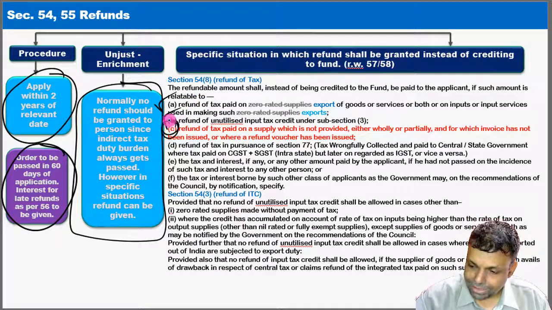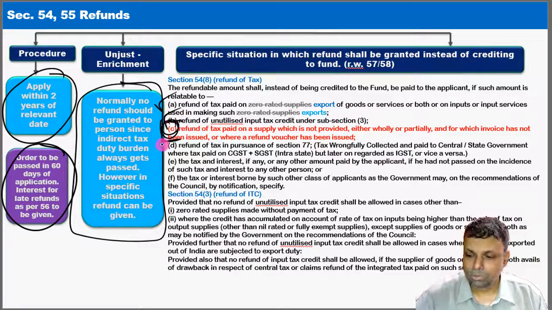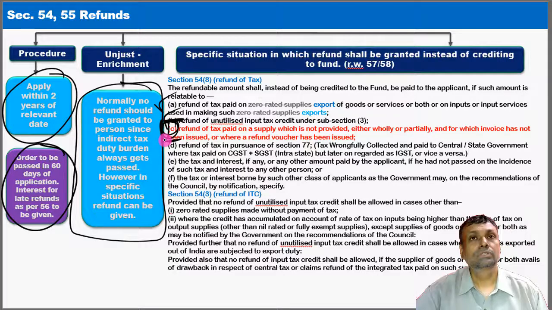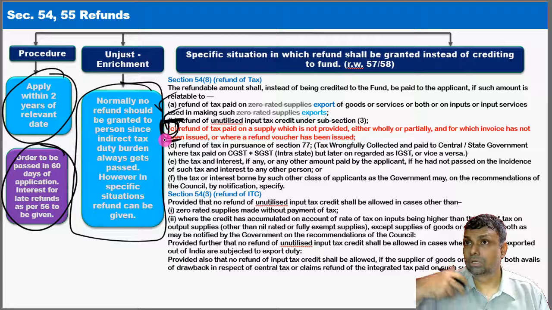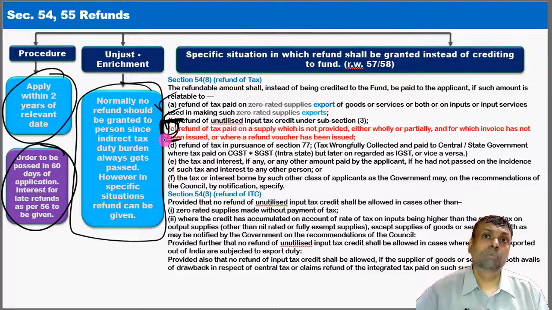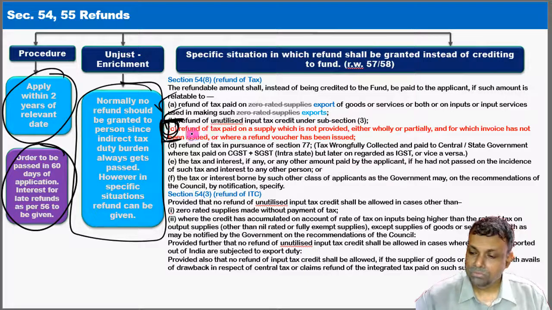One of the points which I already explained to you previously, but I just bring it to your notice here, this point number C. Now say for example that I have got the advance money. When I have advance money, I might have issued a receipt voucher. So maybe I am subjected to the GST, and upon the receipt of the advance money, I have already paid the GST. In certain situations, that is also possible. But subsequently, the advance money had to be refunded because the transaction did not materialize. That means supply could not happen. So if there is a refund of the advance money and I have already paid the GST at that point in time, I get a refund back. So this is one of the situations.